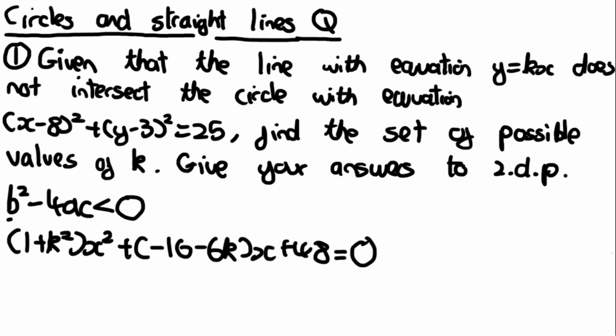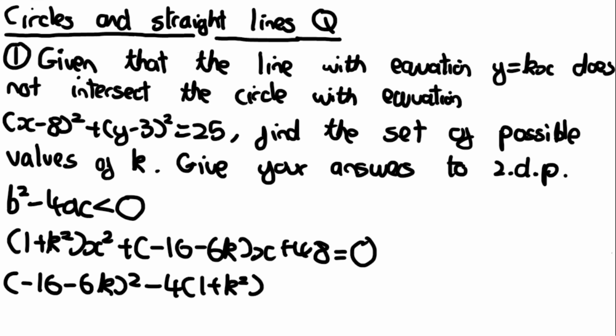So now we put this into this inequality. So it's going to be b², so it's going to be (-16 - 6k)² - 4a, which is going to be (1 + k²), c, which is 48, and all of this is going to be less than 0. We can expand the brackets here, and it's going to be